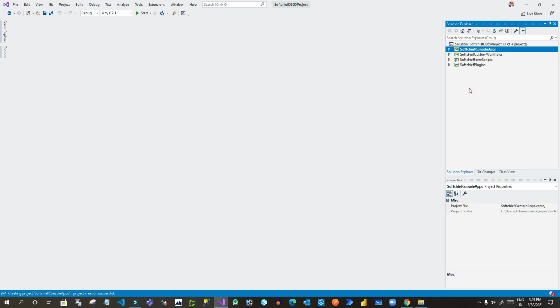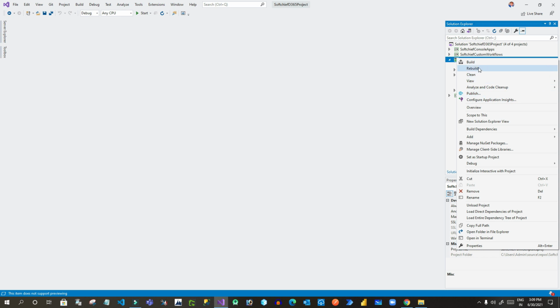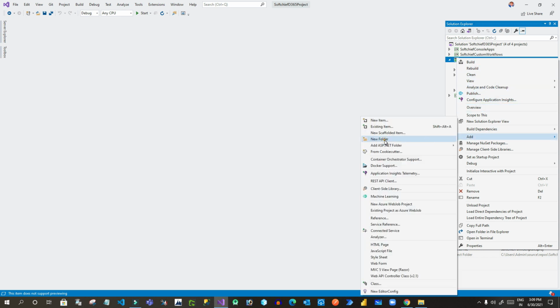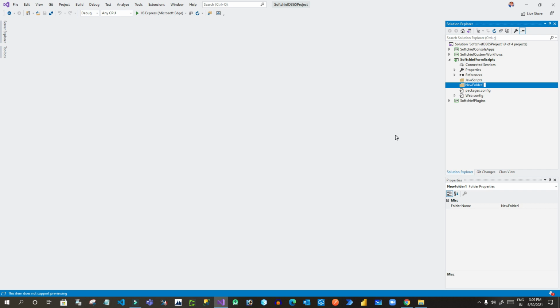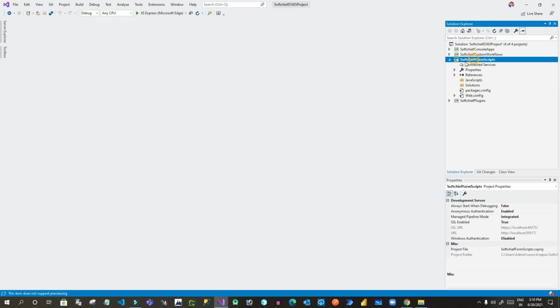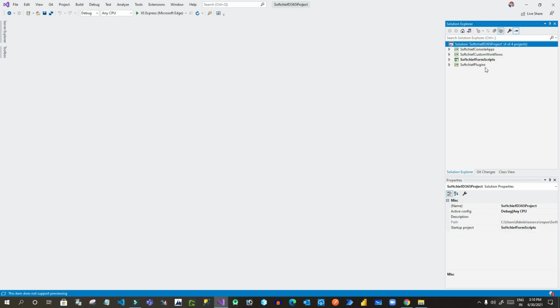I can also create some folder to store my solutions, right? I can also use this web application to store my solutions. I can right click the project and click on new folder. I can define it as solutions. So this folder will be used to store my CRM solutions, Dynamics or Power App solutions. So with these 4 projects we will store our applications, so that anytime I want to edit any component, I go to that specific project and work on that specific component, right?